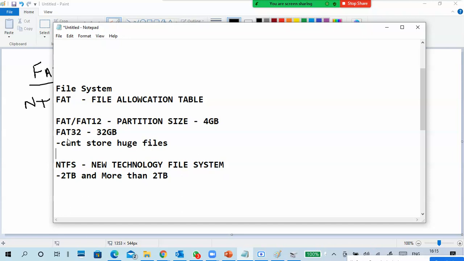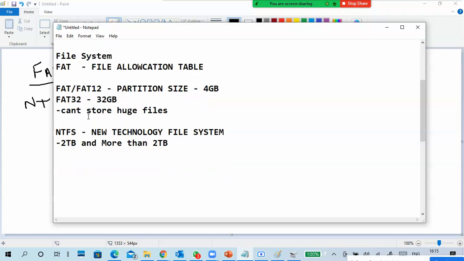You cannot put the 4 GB file into a 32 GB partition or a pen drive. You have a pen drive or a memory card of 32 GB, and you want to put a single 4 GB file or movie file. You can't store it, it won't allow. That is another drawback.